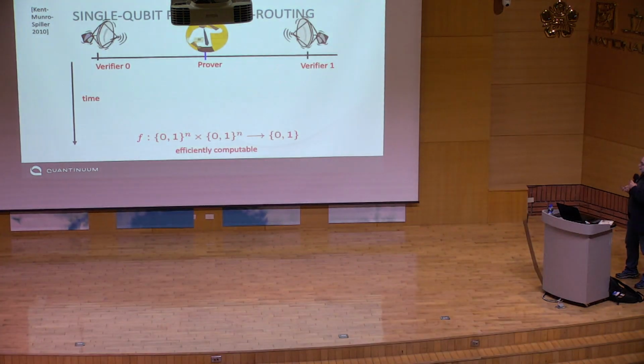So let's look at a protocol that was suggested by Kent, Munro, and Spiller, and that somehow harbors all of the ingredients that you've seen so far. So here's how it goes. We have under the hood a function, a Boolean function it's called, that